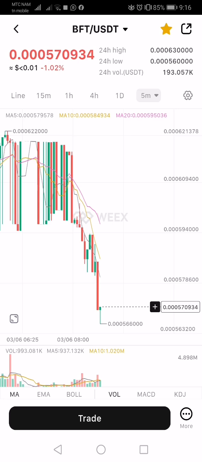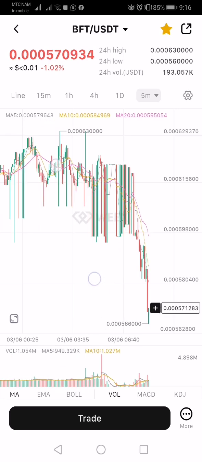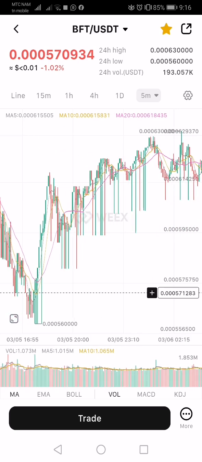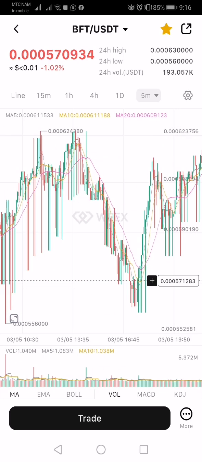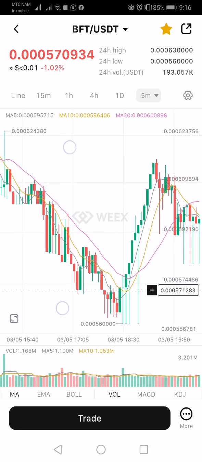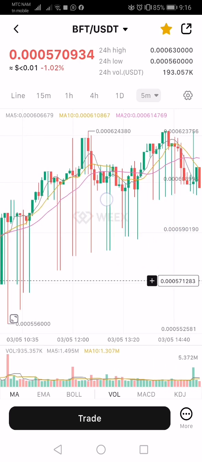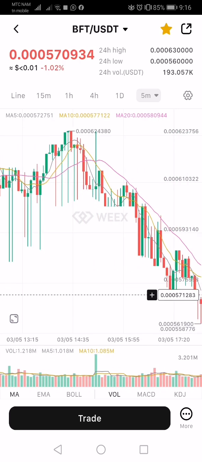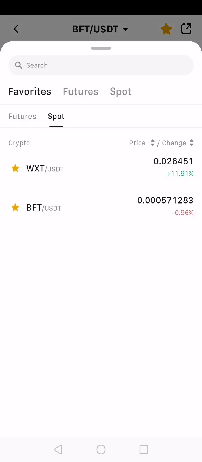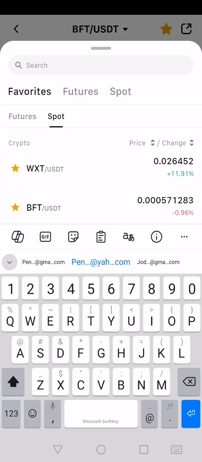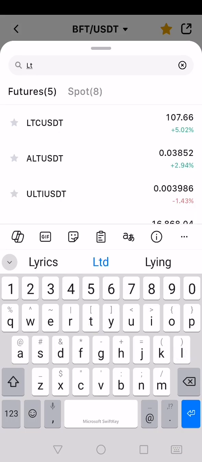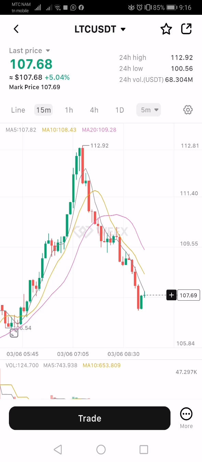So I'll just be scalping when the market is not so conducive at the moment with other assets. Like right now, this is the best that you can do for yourself. Avoid futures where you might lose your money. So this is the best, basically. Scalping on spot trading, so that you can